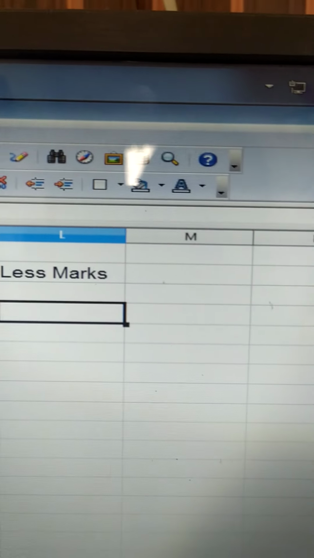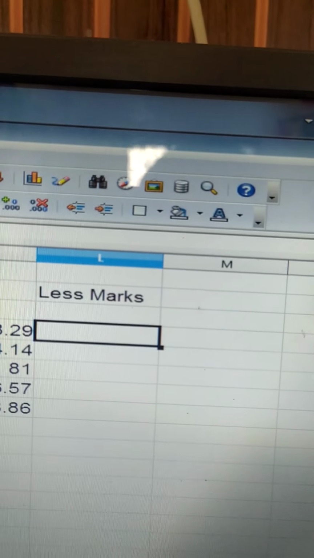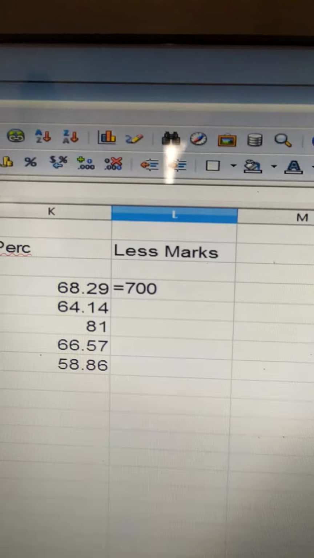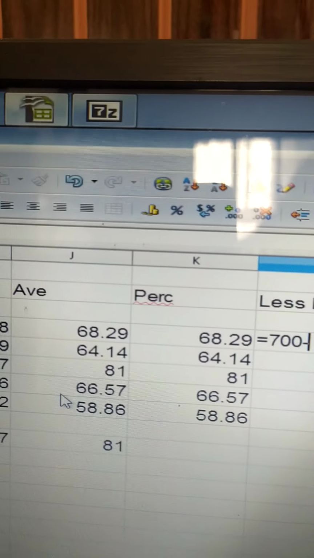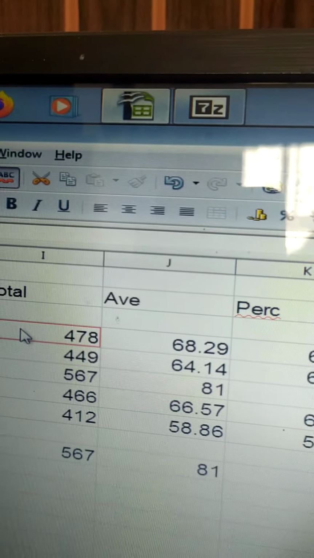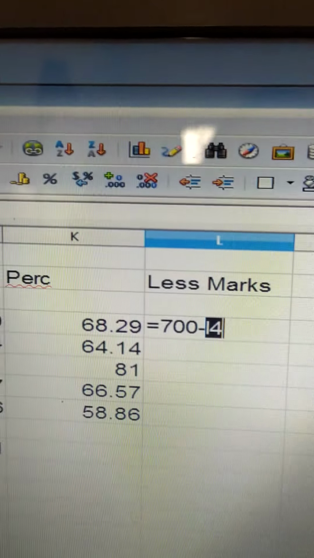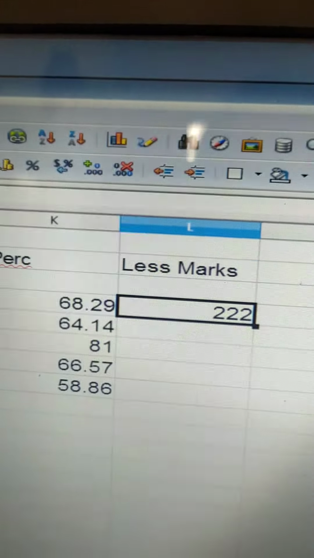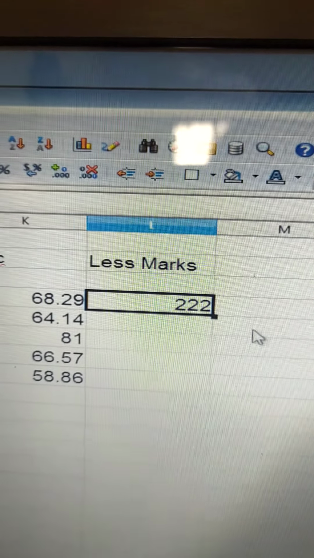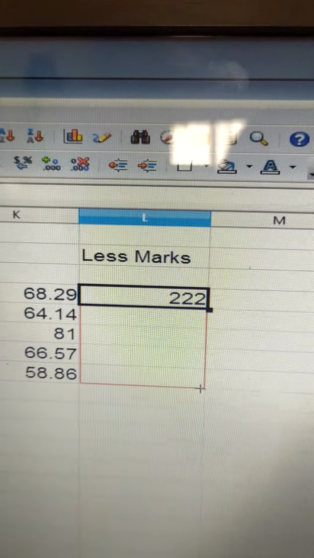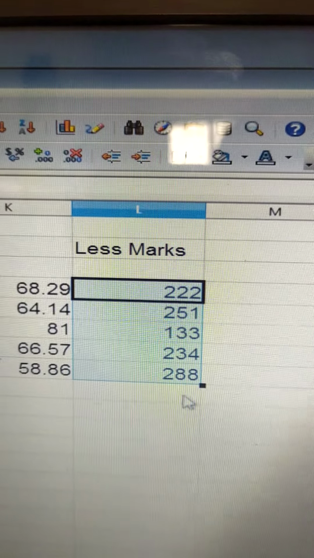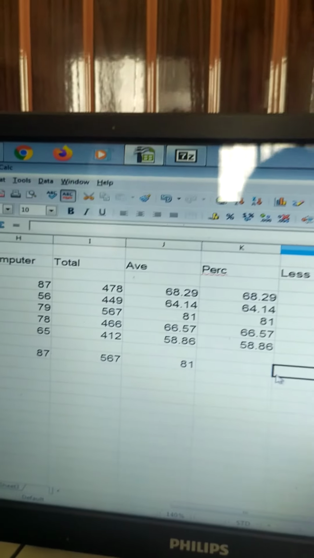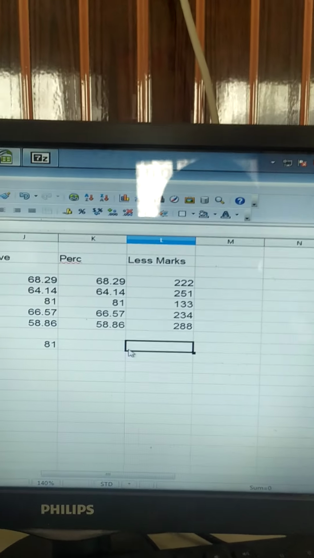You can apply the formula equal to 700 minus whatever the cell is, suppose this total, and click on enter. So he got 222 marks less. इतने marks कटे हैं उसके. Similarly for others you have to just click and drag. So this is how you can apply your own formula also.